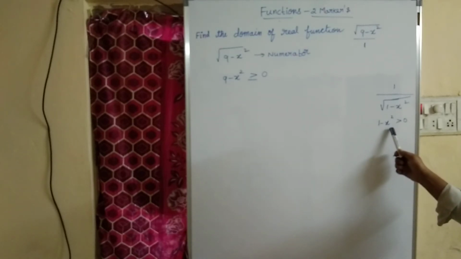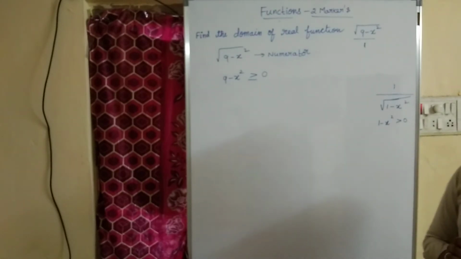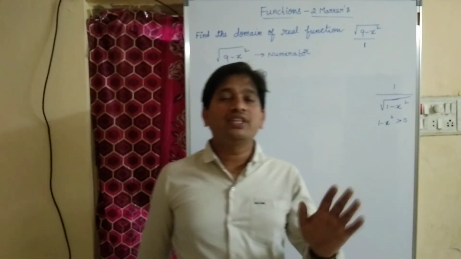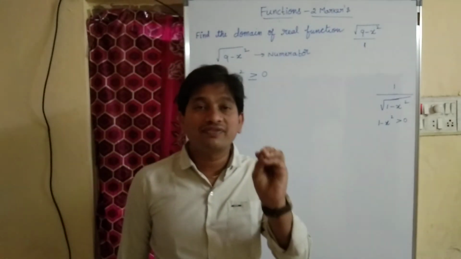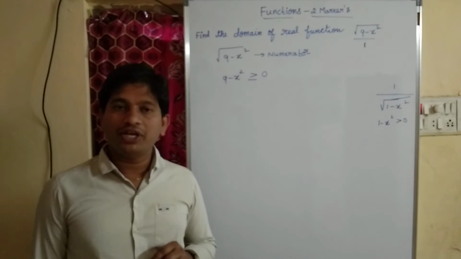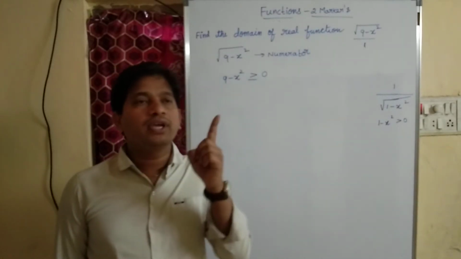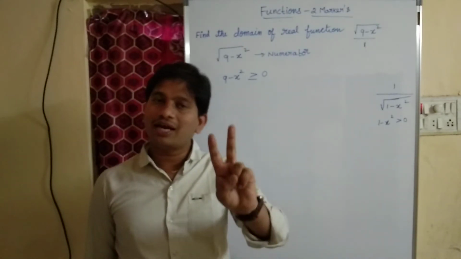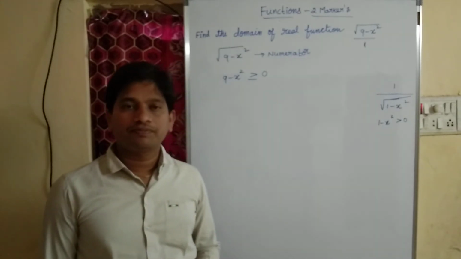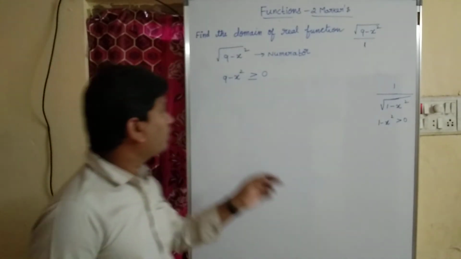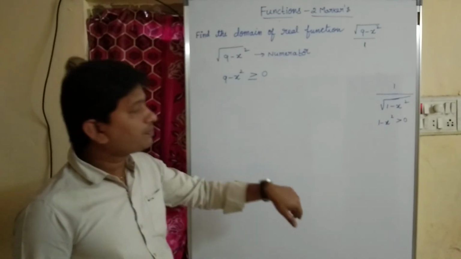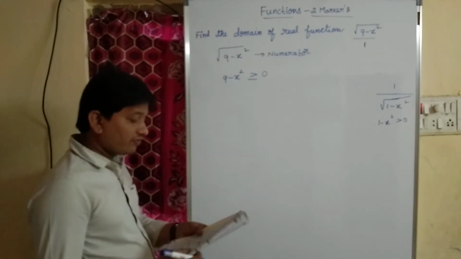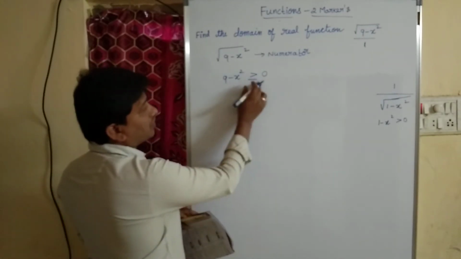Here it should be greater than or equal to 0. But what about here, children? Here only greater than 0. Try to understand my point. In general, children will think this topic is very tough, but this is a very easy topic. Why? Because we only have to remember whether the expression is in the root, and whether the root is in the numerator or denominator. That we have to distinguish. If the expression is in the numerator, then we put greater than or equal to 0. If the same expression is in the denominator, we only put greater than 0. That's all.